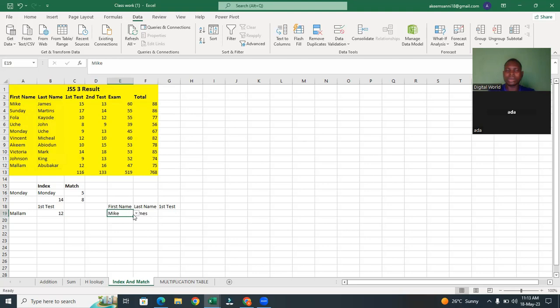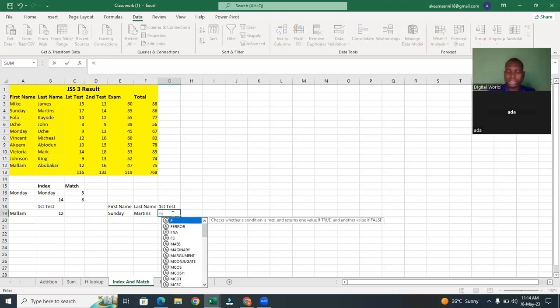So right now I can come here and choose this one. I have it right here. So for the next one is this one now. I want to either choose the first test, second test, or exam. So whenever I choose first name, I want to choose from here also. So I'll just say equals to INDEX,